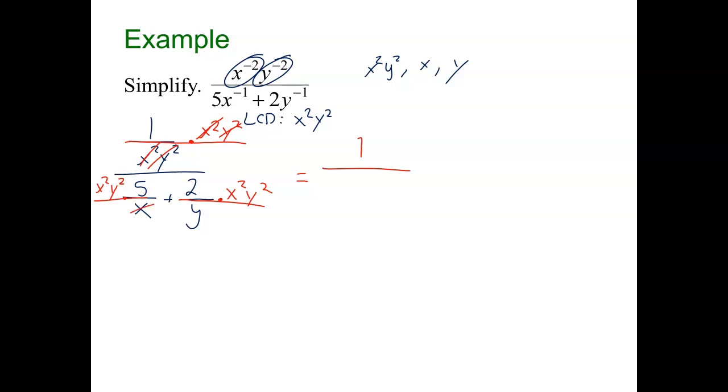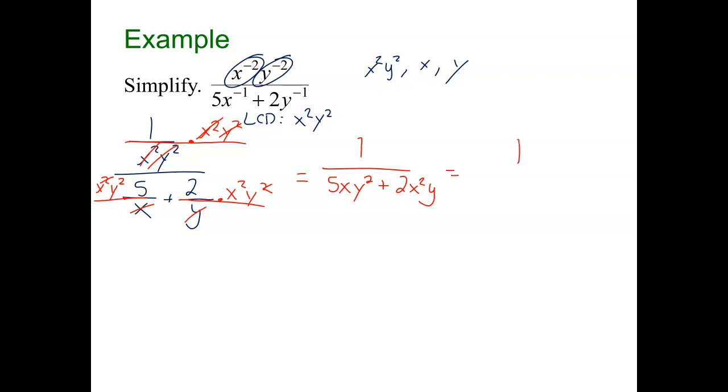X. Leaving me with 5xy squared. I still have an x left over. I only got rid of 1 in the numerator with the 1 in the denominator. The last term. Yep. All right. So now I don't have a complex fraction